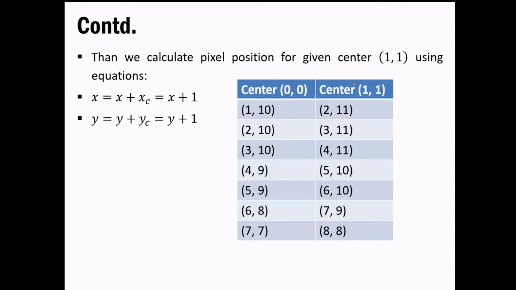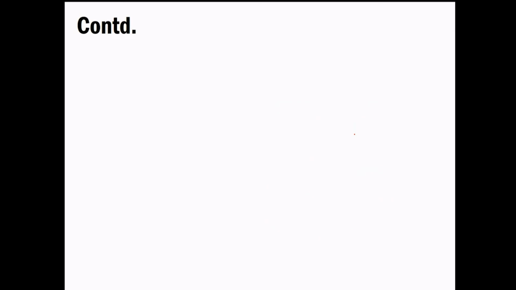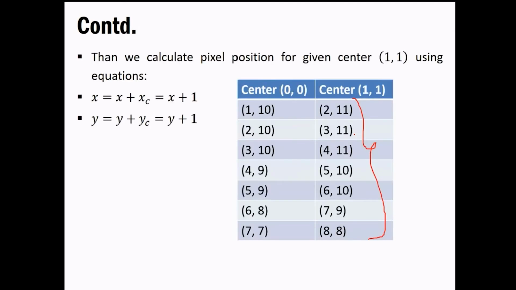Now each and every pixel needs to be incremented by 1 as per our given center. That is what we get out of this scenario, and you get a new set of values for center 1, 1, which you have to write down in your notebook also. Now, with this new set of values, you then have to plot them in the octant. Once you get all of these values, you don't have to stop there, you also have to plot them.